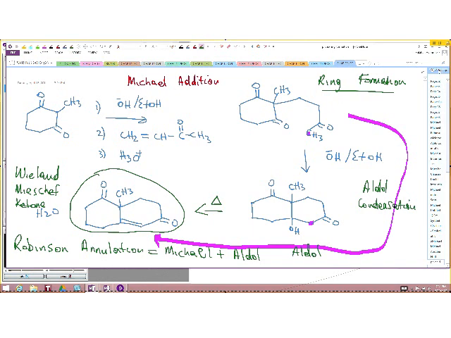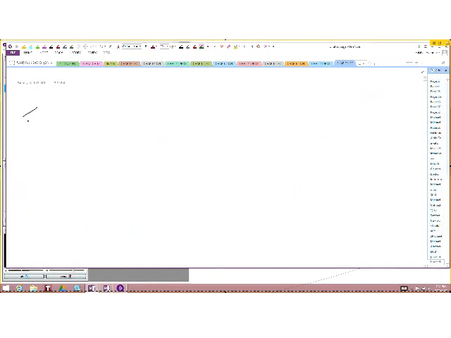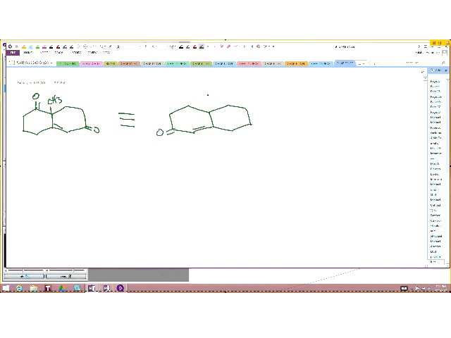Okay, so if we take that ketone, the ketone I'm just giving you with this one here, this is the same as this here, if we just turn it around. Okay. Now, if I take this ketone here,